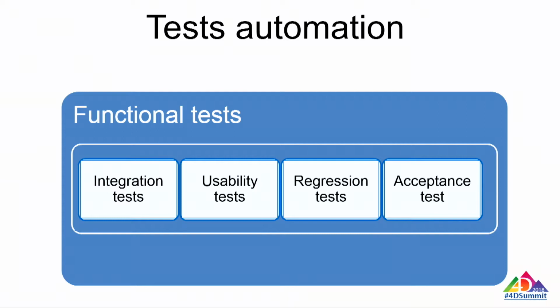You can also have regression tests. Here it's when you have a developed and tested software, and you want to be sure that it still works exactly the same way as before after any change. So we will define some important scenarios that we will check and execute after each new development. You can also have acceptance tests. These are some critical and important scenarios defined by the customer that we will check and validate for him.